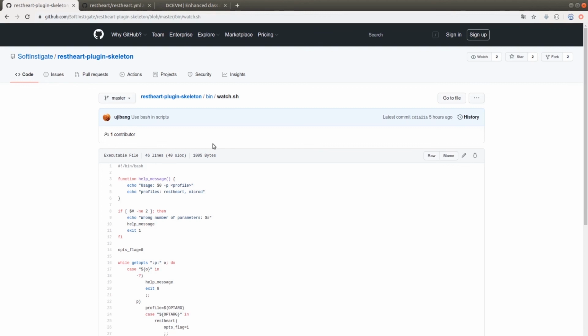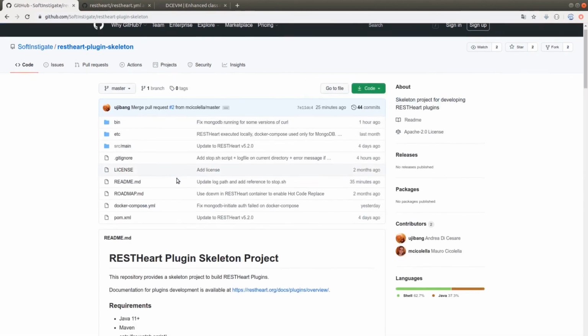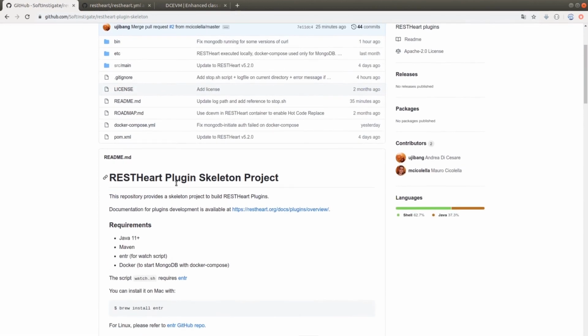As it is shown in the documentation, next to the requirements we already saw, such as at least Java 11, Maven, and the Docker, to use this specific functionality, we also need to use the Enter tool. This tool can be installed directly on Mac with this command.